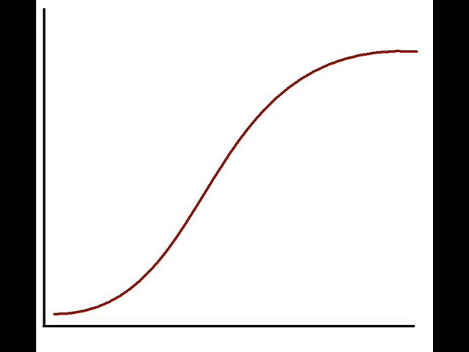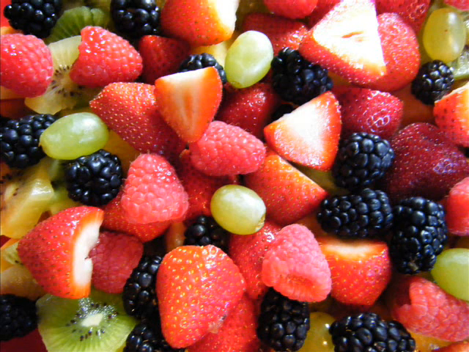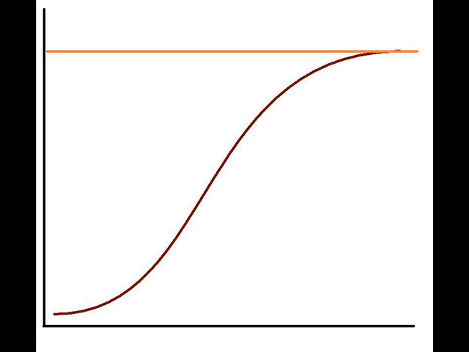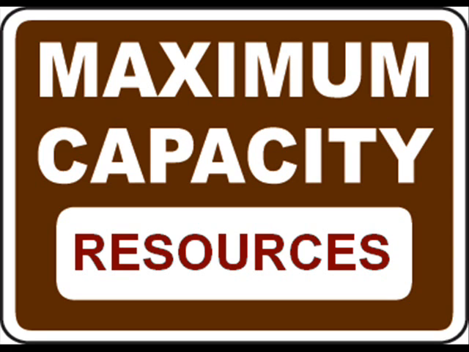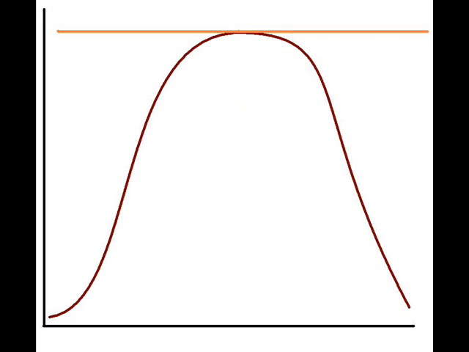We call this logistic growth. That means a population only grows so long as its resources can sustain it. When it stops being able to grow, when it runs out of room to grow and animals start emigrating, when there isn't enough food to keep them alive, we say it's reached its carrying capacity, kind of like the maximum capacity signs you see in buildings or auditoriums. The population simply can't keep reproducing and stays where it is, resulting in a plateau or a flat line across the graph. Or the population even starts dying out if the resources don't replenish fast enough.